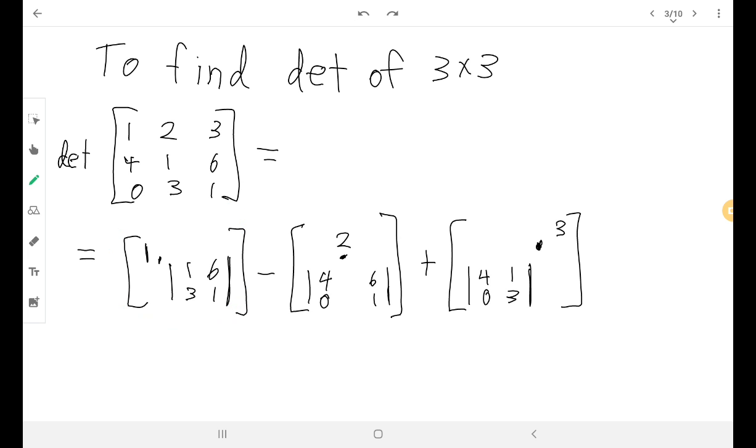So that will be 1 times, and then we need to do the determinant of this matrix, which will be 1 times 1 minus 6 times 3, and then you subtract between the first two, so minus like that,